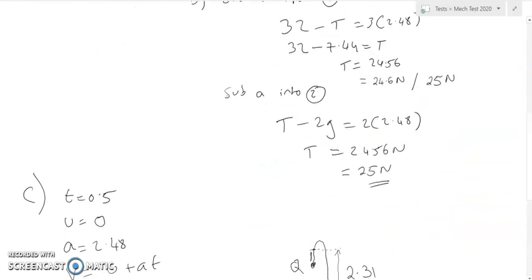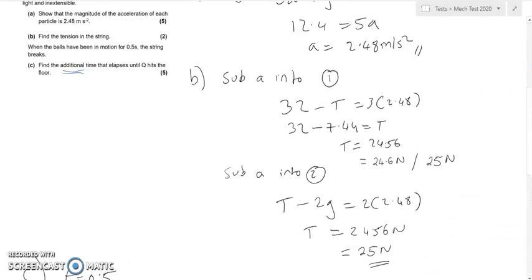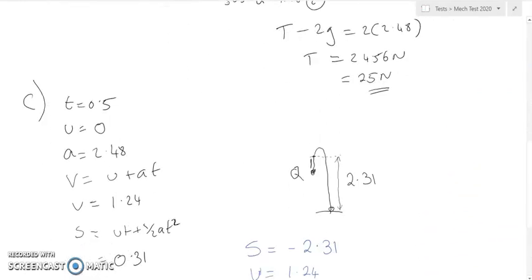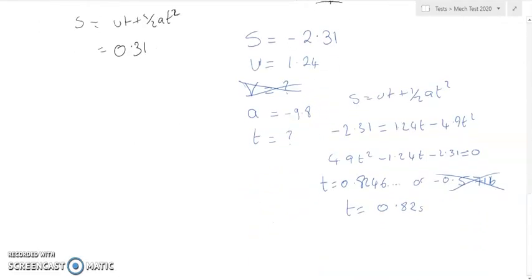I'll just check. Did it ask for any specific? It didn't say to any number of significant figures, but I used g, so I would give my answer to 2 significant figures here, because we've used g. The other thing that they sometimes ask is, find the total time or things like that. So just look out. This one said additional time, so the answer is